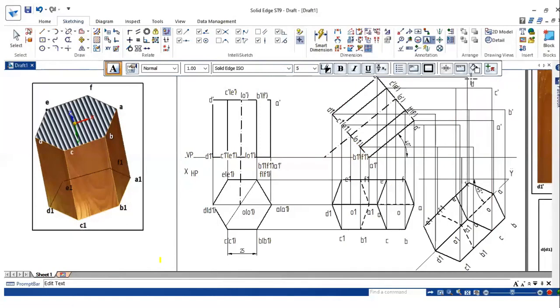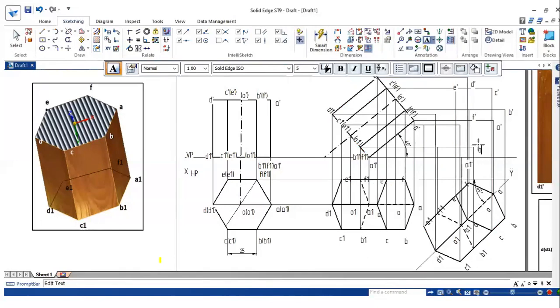This is D dash. E dash. F dash. So A, B, C, D, E, F. Again here A1 dash.